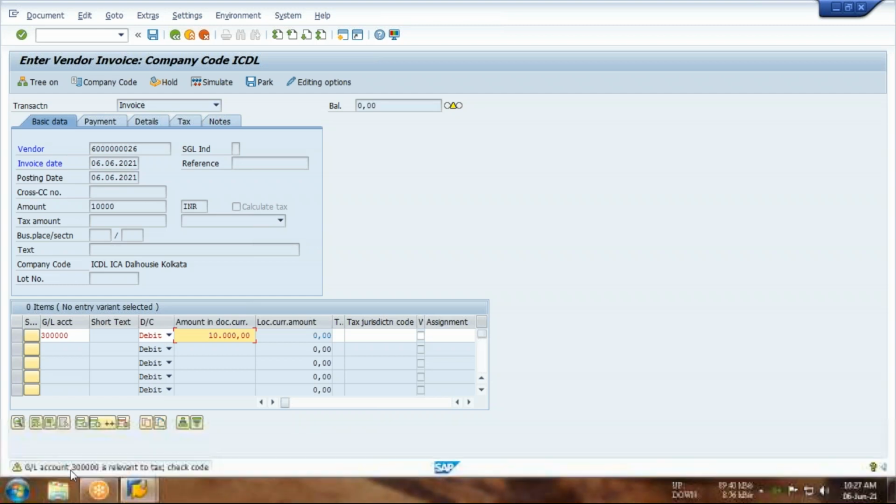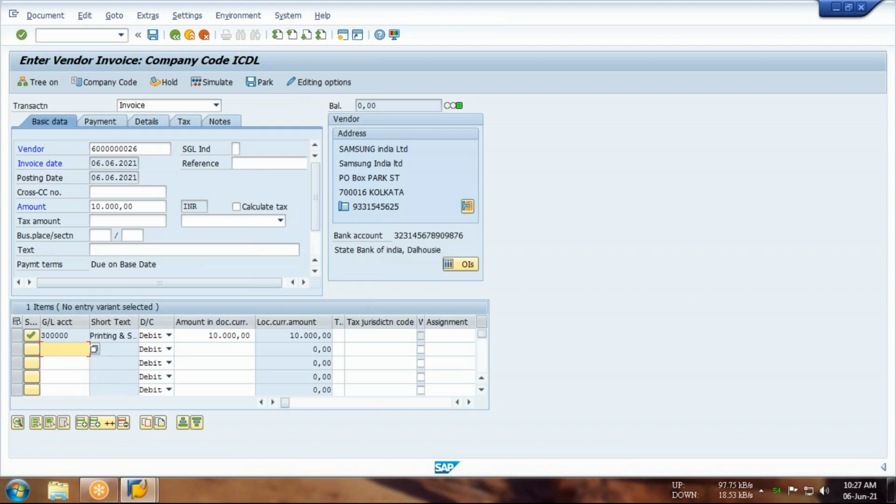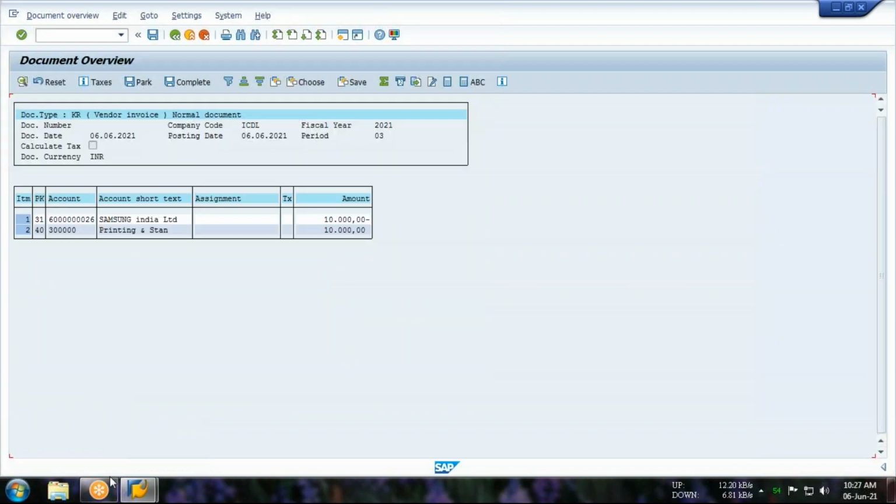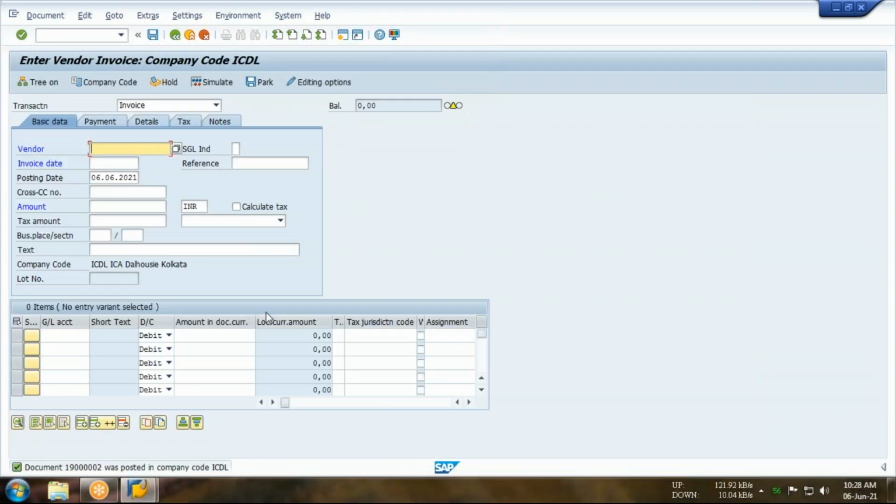If you want to ignore the warning message, press Enter on your keyboard. Then you can simulate and post, or you can directly post without simulating this document. I'll simulate once. Again I'm getting the warning message, so by pressing Enter, I'll ignore it. So the company code has been set.